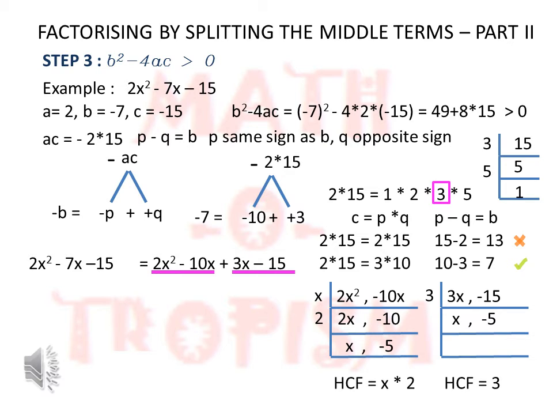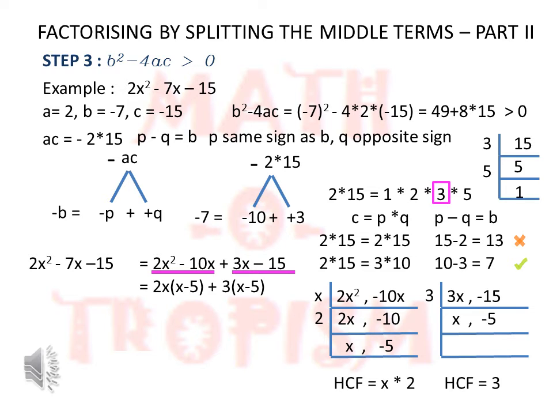So here first I will write 2x outside. So what is remaining for 2x square? X is remaining, and again for minus 10x, minus 5 is remaining. So I am writing it as 2x bracket open of x minus 5 plus. Now again plus is the sign which is in the middle, so plus is written here. Also HCF is having plus 3 only, so I am writing it as plus 3, and then again what is remaining in the last step? X minus 5, so I just write it as 3 into x minus 5.